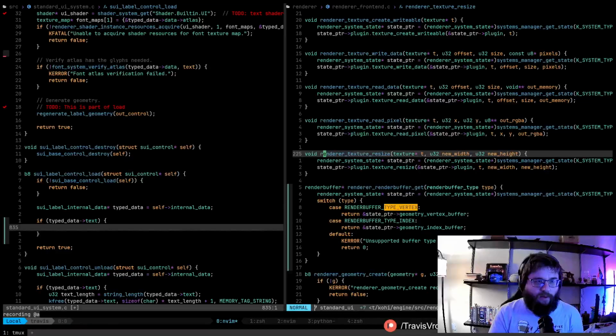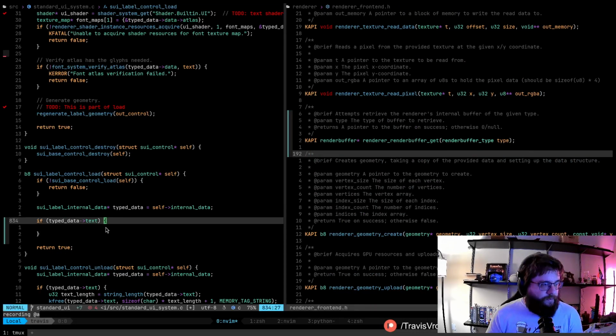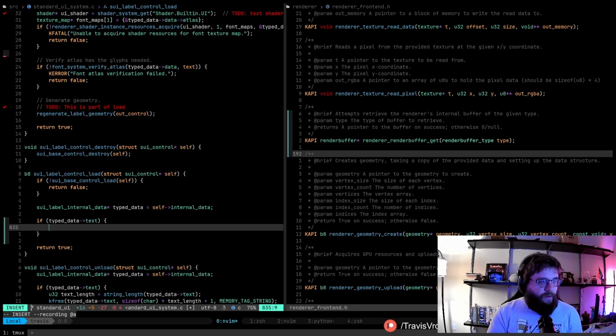Okay. So we have that. So we'll say render buffer vertex buffer equals render buffer get.